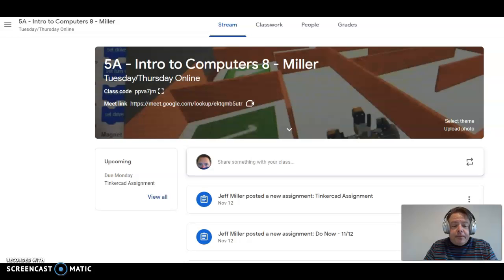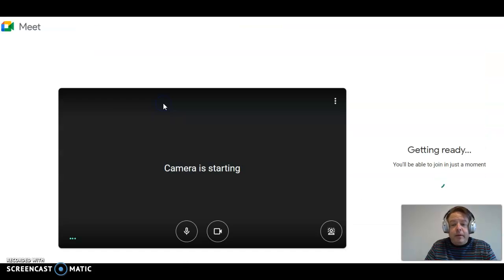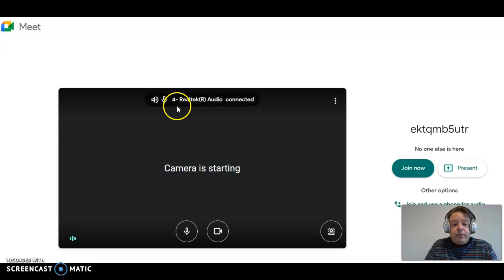So the second thing is that you're going to have to adjust your video resolution. Your Google Meet defaults to a very low, grainy resolution. So that's the second thing you're going to need to do, is go into your resolution and change that. So this is how you're going to do this. When you first click on Google Meet, which you'll be required to do every single day, you'll need to